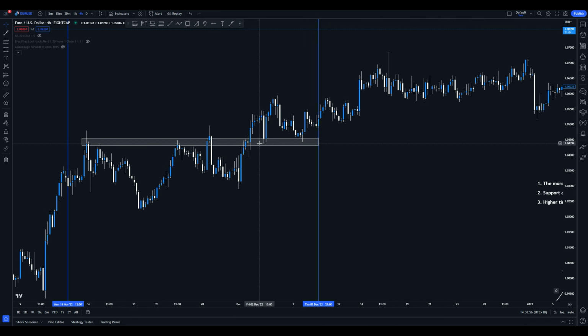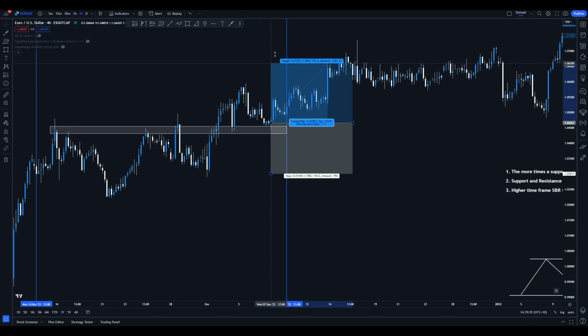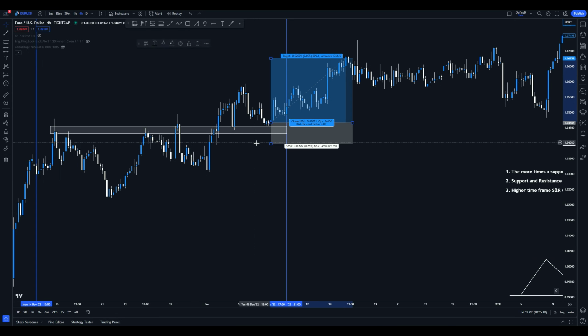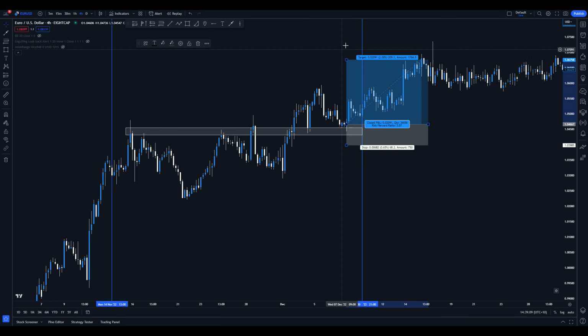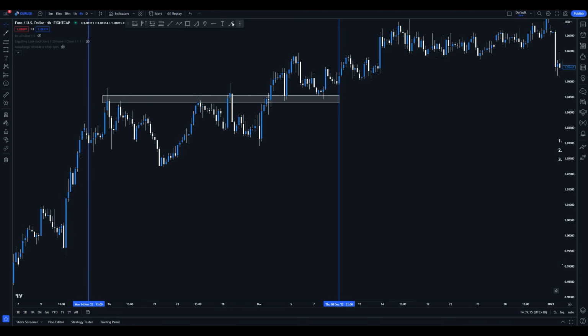There's only 2 taps. Tapped, it rejected this area, respected it, come back up, come back down to test it again, and potentially you could be looking for buys in these areas with a stop loss under here. Pretty simple. If it breaks a resistance level, and just a quick rule that I follow,